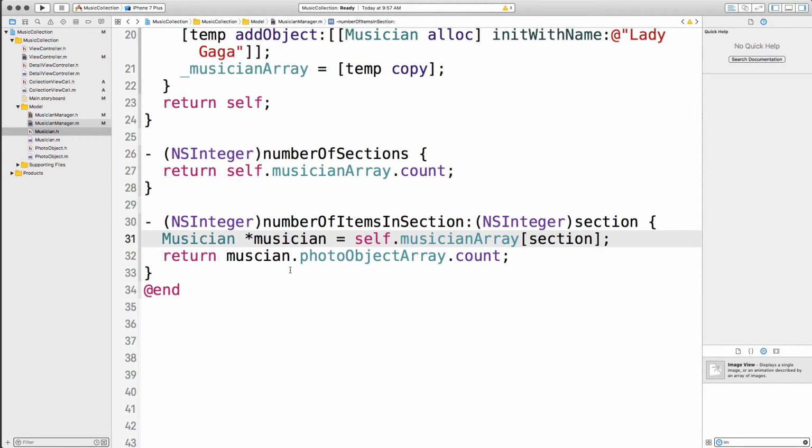Okay, right. So this is dealing with sections, right? The sections correspond to the array of musicians. Each one corresponds to a section in the collection view. Number of items in section is going to be calling me with a section. I'm in section 0. Give me the items for section 0. Give me the item count for section 0. Give me the item count for section 1 as I'm scrolling. If I suddenly get to section 2, it's going to say, okay, give me the item count for section 2. So I'm just forwarding this call to the musician manager